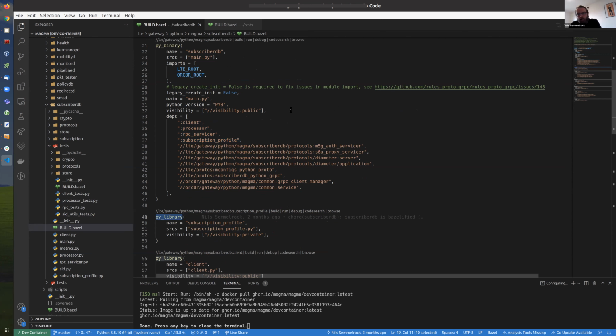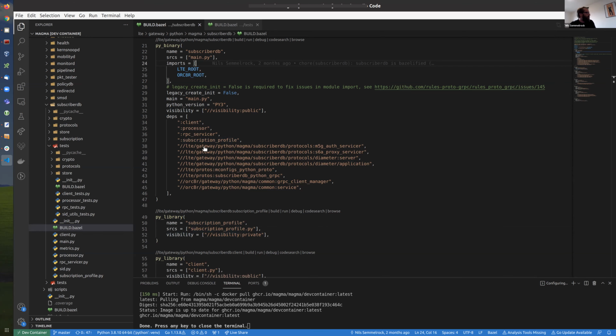And there's a benefit in having small targets, for example, only a couple of source files in one library, because then Bazel is caching the build targets, and if a change in subscriber profile happened, then not a lot of code needs to be compiled again if the tests are executed, for example. Please excuse saying compiled in Python terms, but the idea is the same in C, C++, and in Go targets.